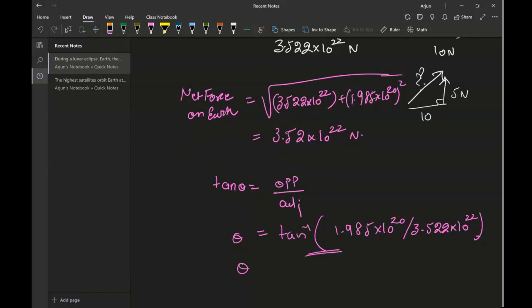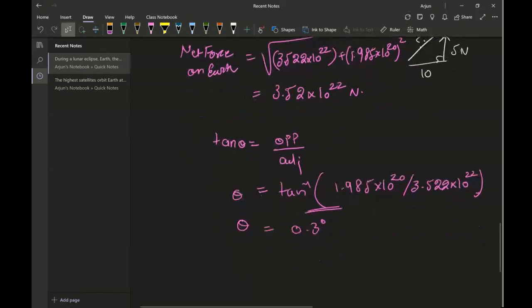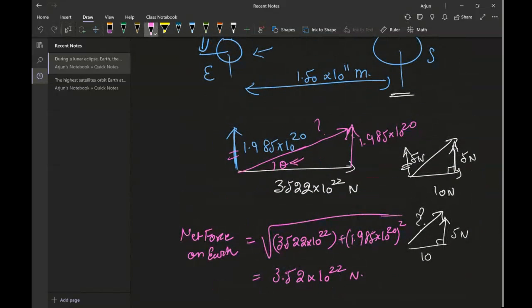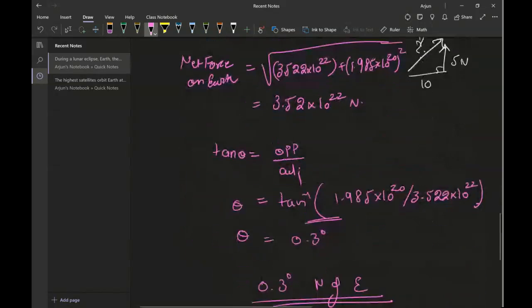So theta value will come out to be 0.3 degrees, and you can call it 0.3 degrees north of east. All right, so this will be this angle north of east. All right, so that's how you can simplify these kinds of questions. So hopefully now you are clear about how to calculate the force of gravitation. Now I'm going to go to